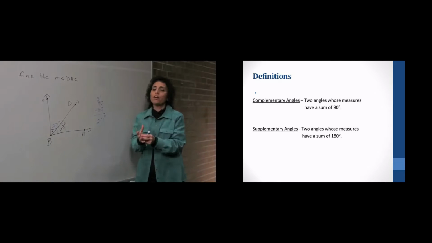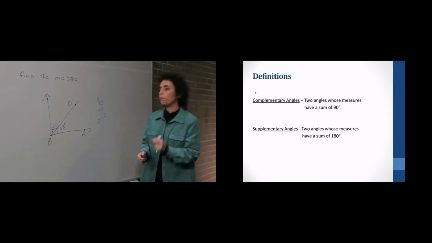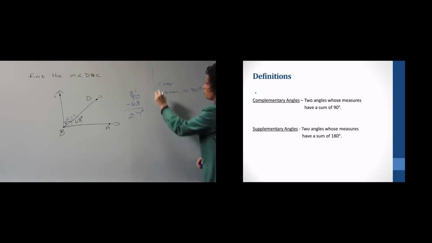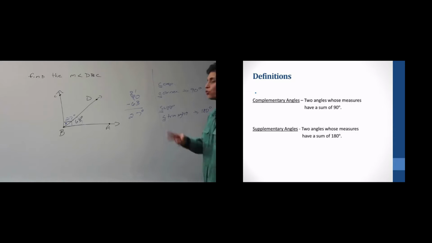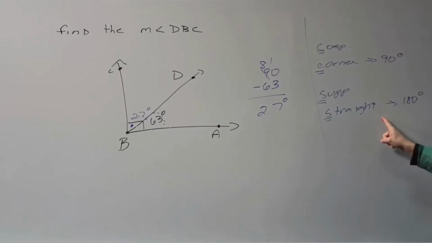Of course, then we also have a name for two angles who add up to 180 degrees, and that is supplementary. And I remember complementary, remember, by corner, because the corner tells me it's 90 degrees, C in complementary, C in corner. I remember supplementary by straight, because remember a straight angle is a straight line, 180 degrees, and supplementary has to be two angles that add up to 180 degrees. Notice both of them are only two angles that add up to either 90 to be complementary or 180 to be supplementary.